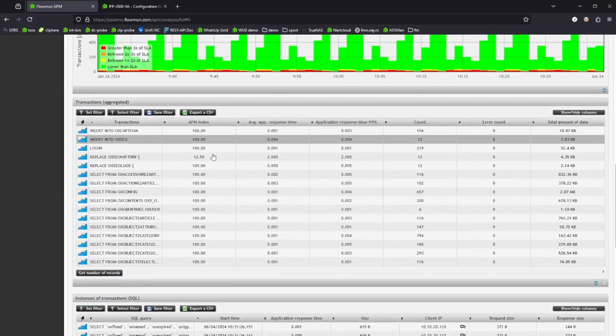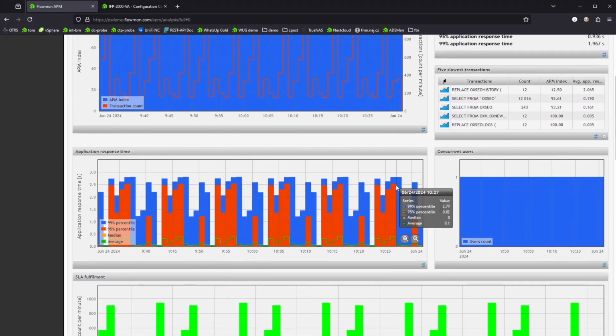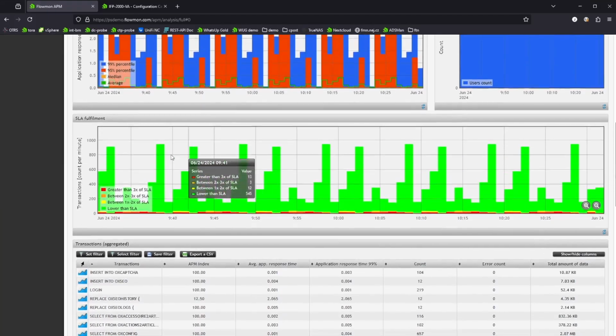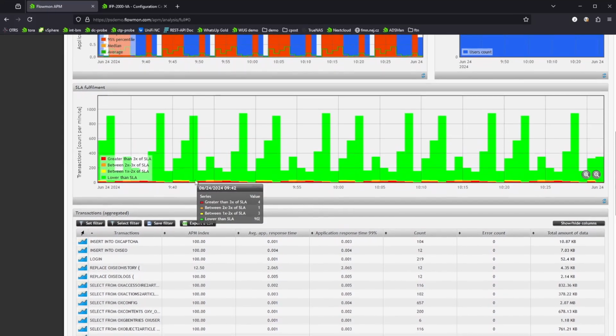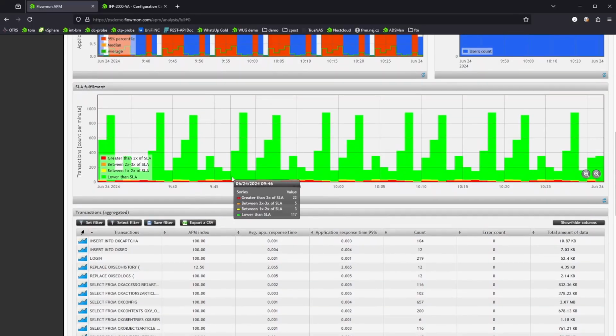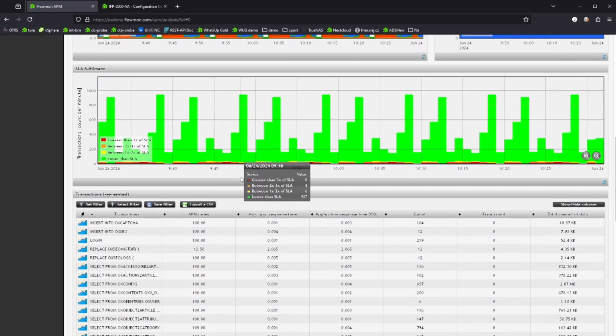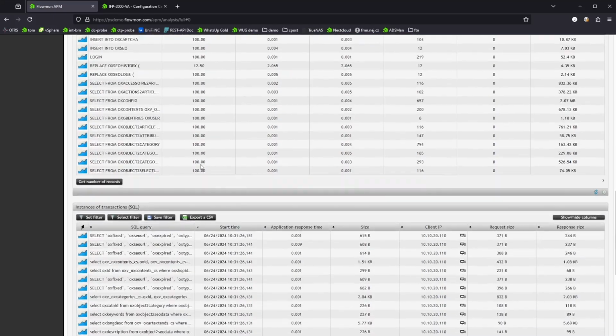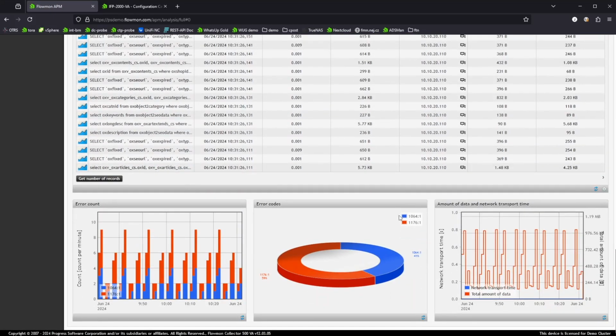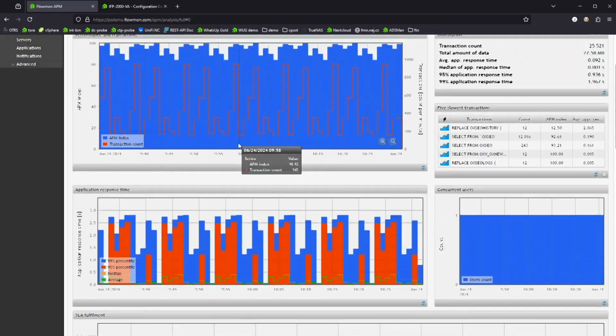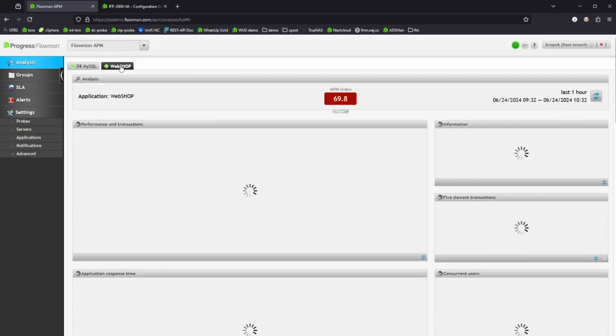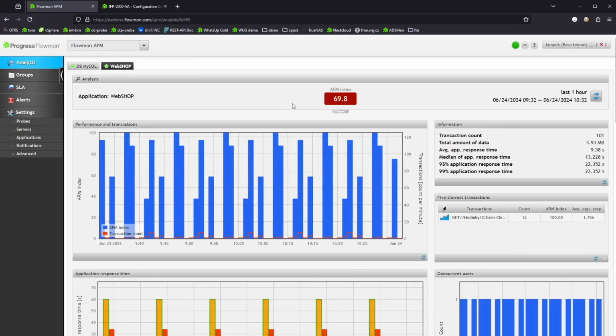You can see some statistics. So application response time, like in percentiles, how many users are using this database, how well we are fulfilling the SLA. So you can see we are pretty much lower than the SLA, which is good. And then you can have transactions and instances, and if there are any errors, or how much data has been transferred. But let's have a look at the eShop first, where we see it actually has a much worse APM